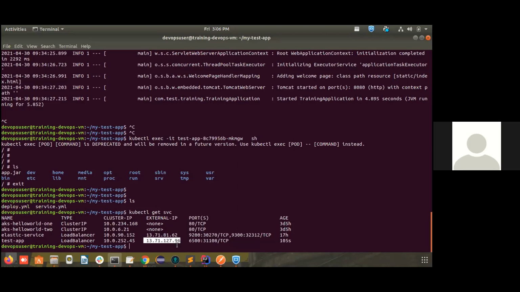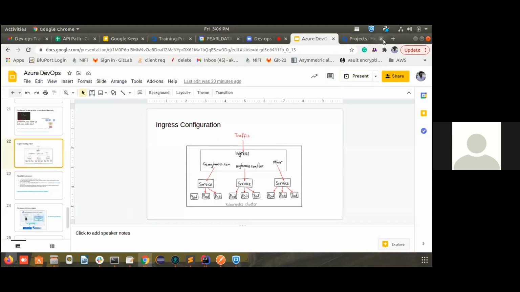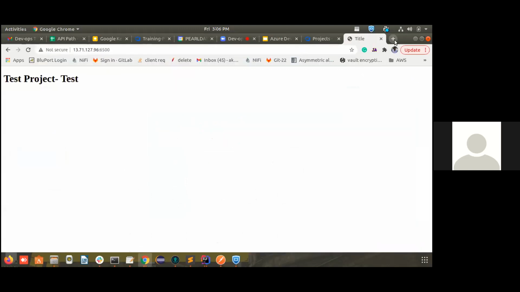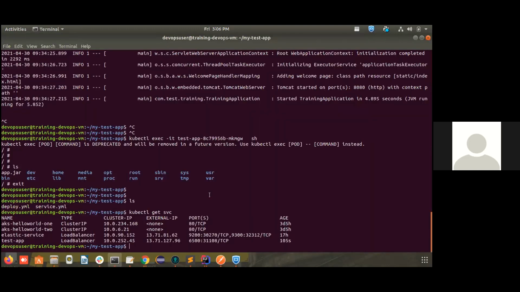So I will check if this application works or not. Yes, it works. So this is my application that I have created, just a blank test project. But you cannot always give this external IP as such, because each external IP that you create adds cost to our infrastructure.